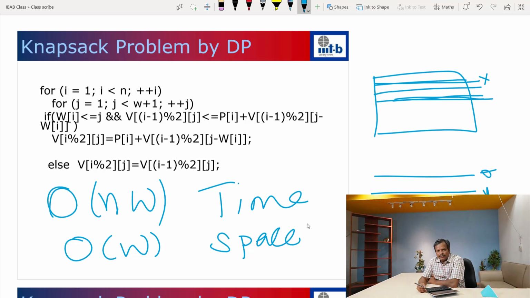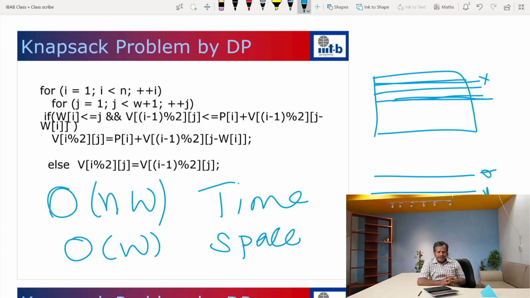So what is the problem with this algorithm? Why is this not polynomial time? What could happen is that W can be a very large number, right? For example, W can be 10 to the power 15. So the size of the knapsack could be 10 to the power 15. If I have to implement this dynamic programming variant, then I need a space of 10 to the power 15, which I don't have. If W is really large, then I cannot use this algorithm.